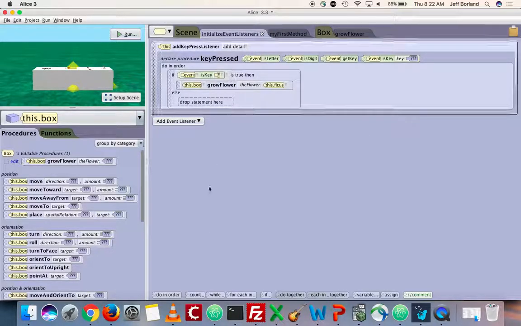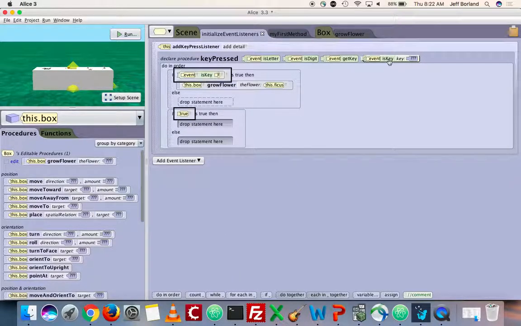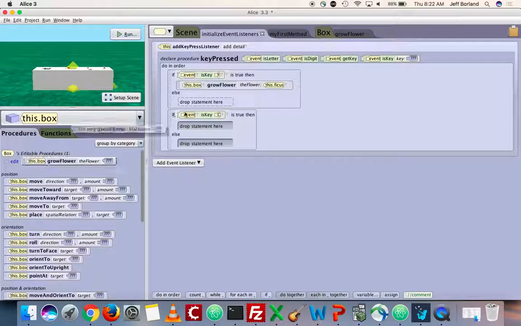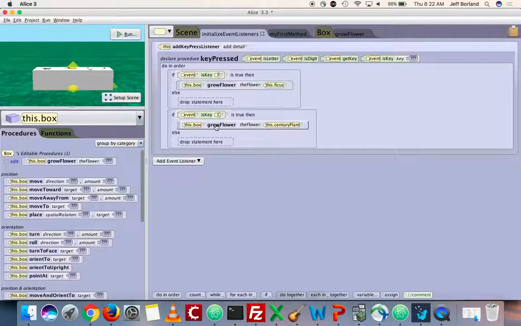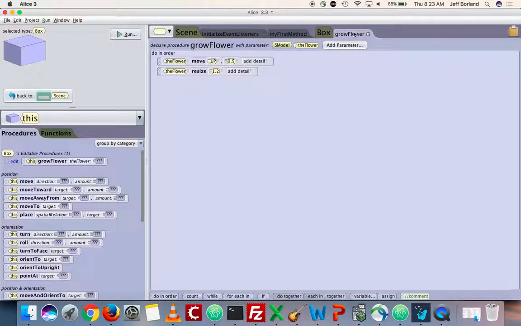Then I'm going to do another if statement. Else if the key is, let's say, the C for the cactus. Grow the cactus. Or the century plant, sorry. C is century plant. I hit play. Again, I'd have to make my box bigger. I hit C. It's getting bigger and bigger. I hit F. Now that one grows. That's the idea. So you have one procedure, grow flower, that takes in the flower that we want to grow. Any questions? Is that okay? So I'll put that video